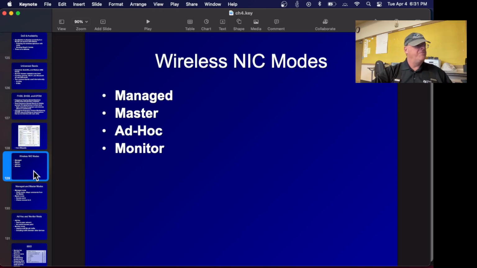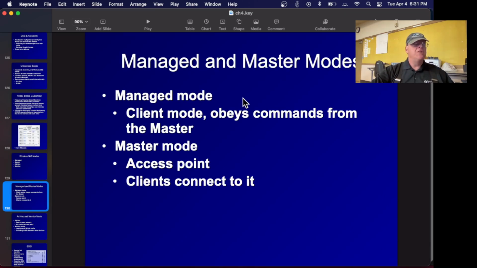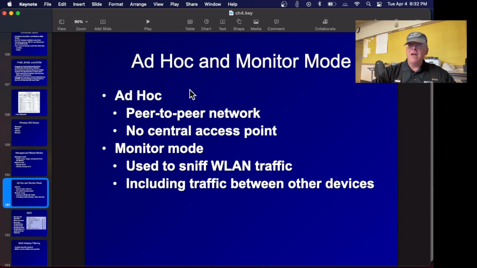All right, so there's 4 modes of a wireless network card: managed, master, ad hoc, and monitor. A managed mode is the only thing normal laptops use. Your NIC is a client, so it connects to a master, which would be your router, your Wi-Fi router, and the router tells it what to do. The router says, I'm handing out traffic on this channel at this rate, and your managed mode just obeys that. So this is typically the only mode you normally use. You have the master mode on the access point and managed mode on the clients. That's all normal people use, but it is possible to reach these 2 other modes. An ad hoc network is where 2 laptops would connect together without a router.